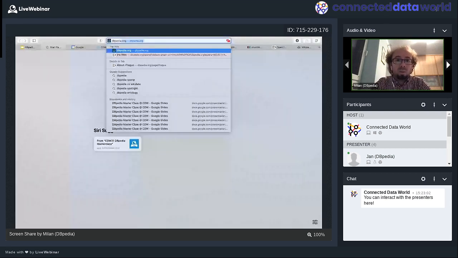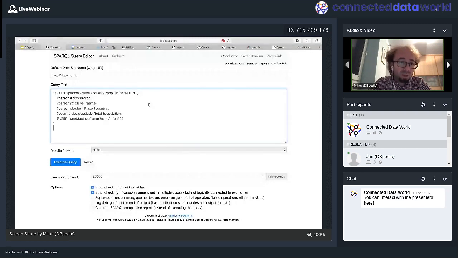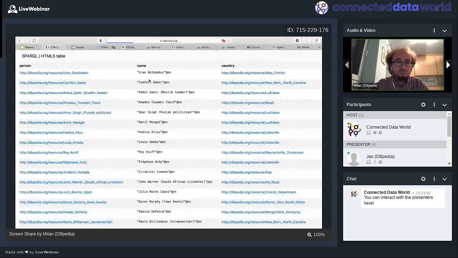So if I go to dbpedia.org/sparql and paste the query here, there are some prefixes used here, DBO for example, or RDFS for RDF schema. These are already defined within the triple store, so you don't need to define them here. And if I execute the query, I will get the list of all these people